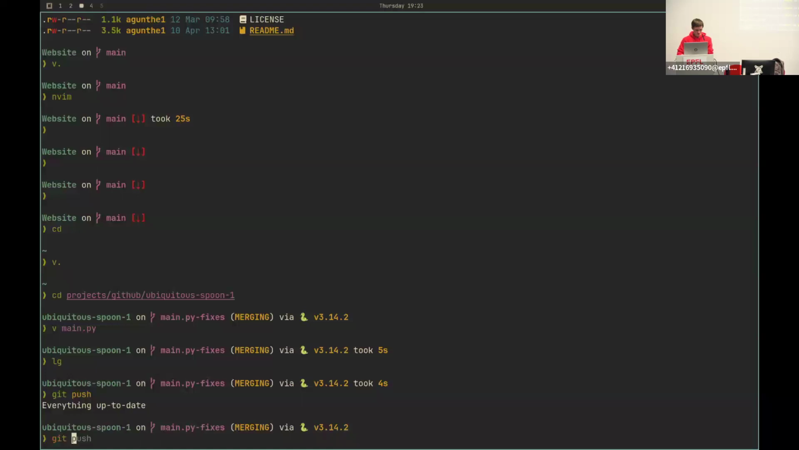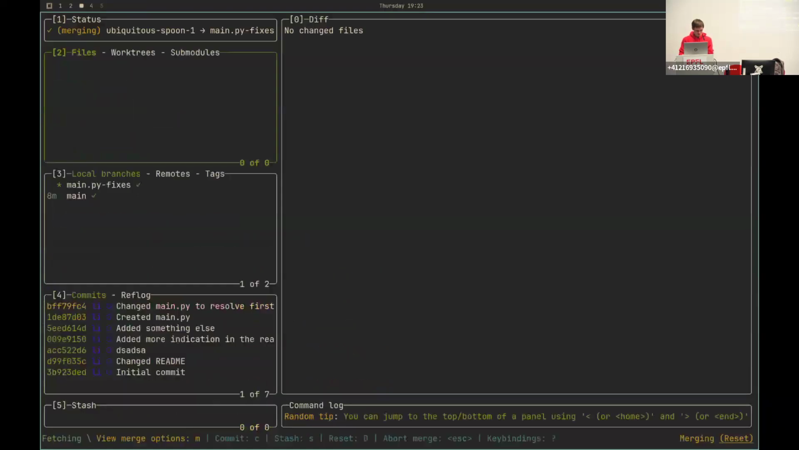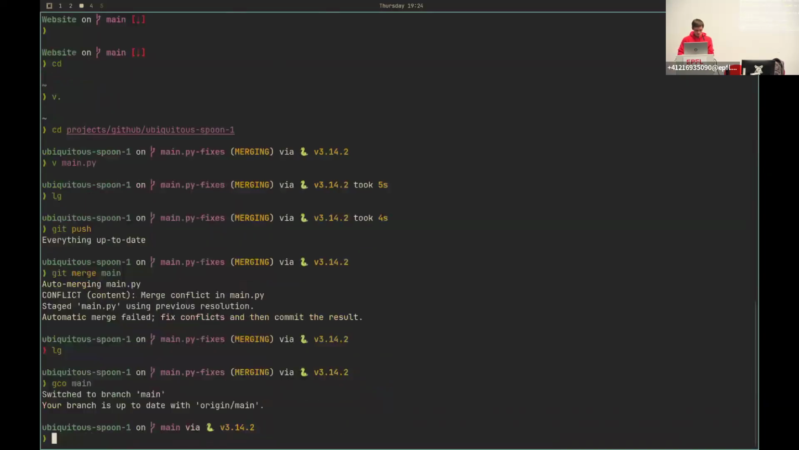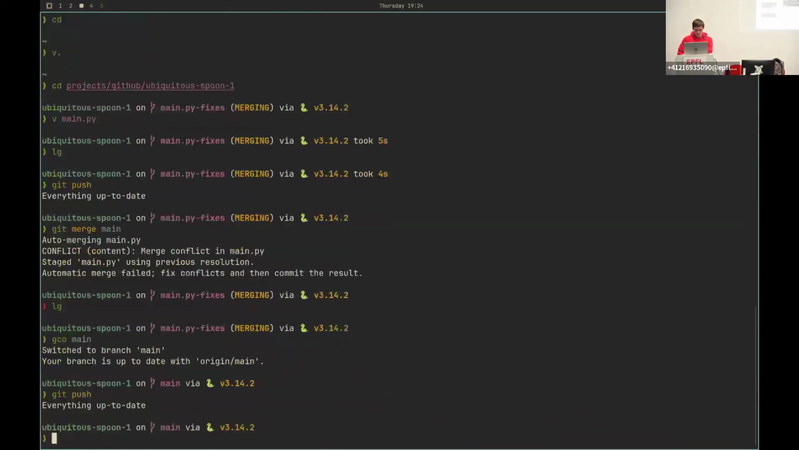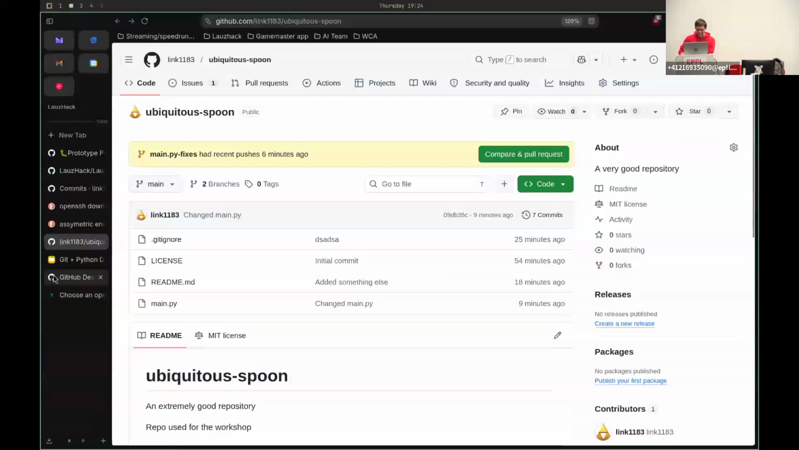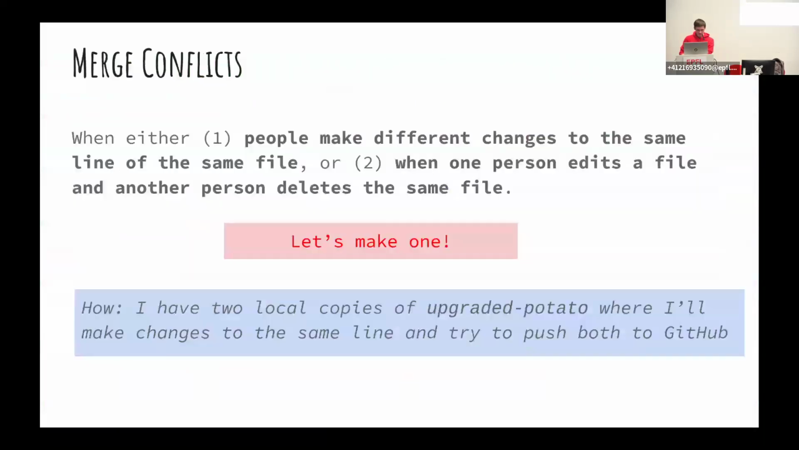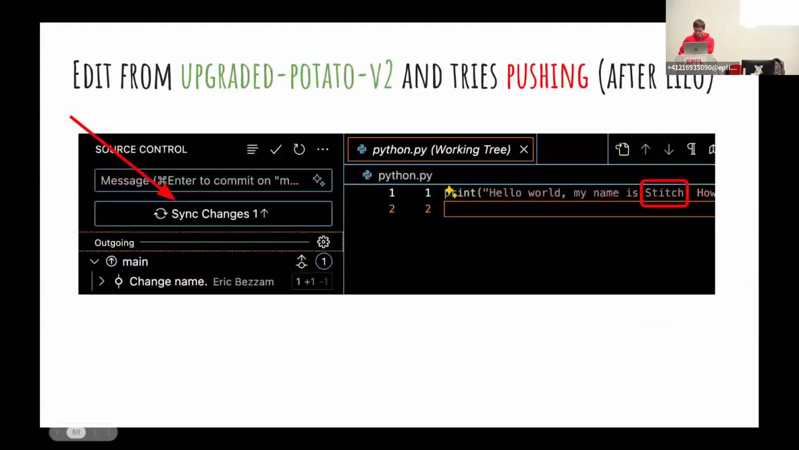Let's go in there. Git merge main. Okay, so I have some changes. Okay, let's just see how we did it there. So there I have this repository where I have something. I am on a specific branch. I am on the main branch. Then